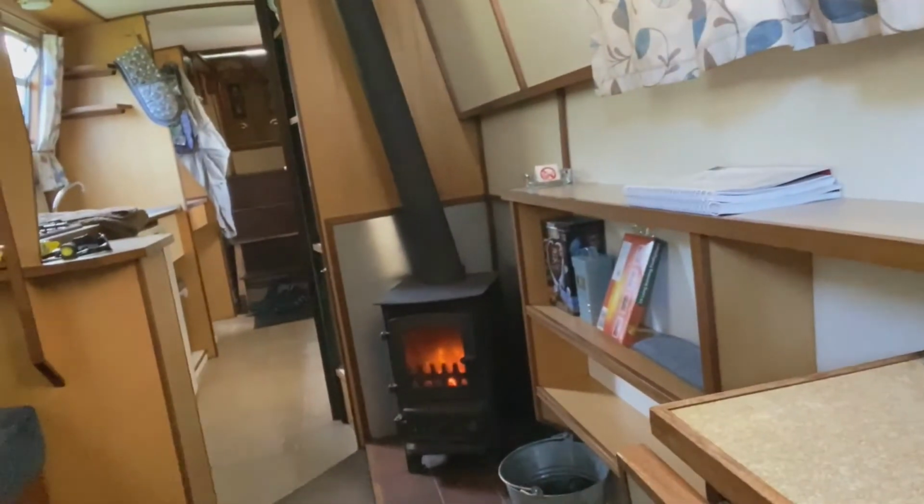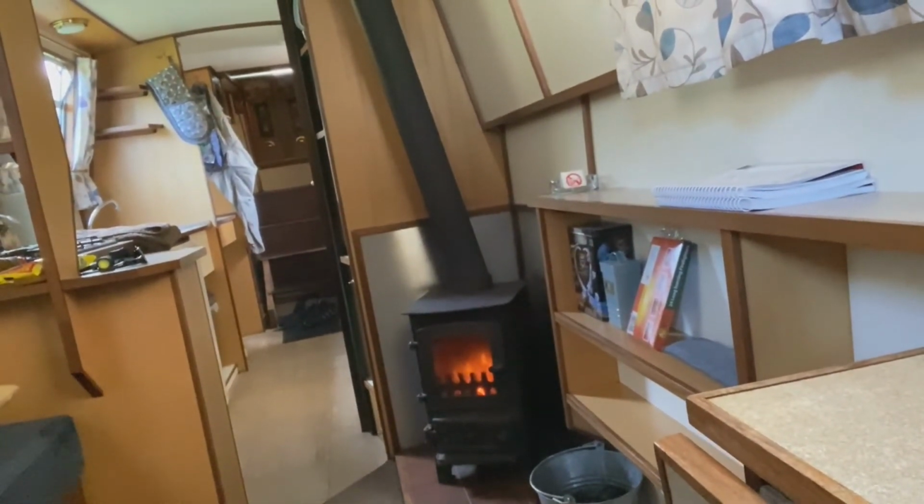One of the fun parts about this boat, it's fairly short. It's only 36 feet long, which, considering this is my first time solo boating, I figured that was a good idea. Keep it short, light, uncomplicated. So uncomplicated, in fact, the only heat source is the coal-fired stove,